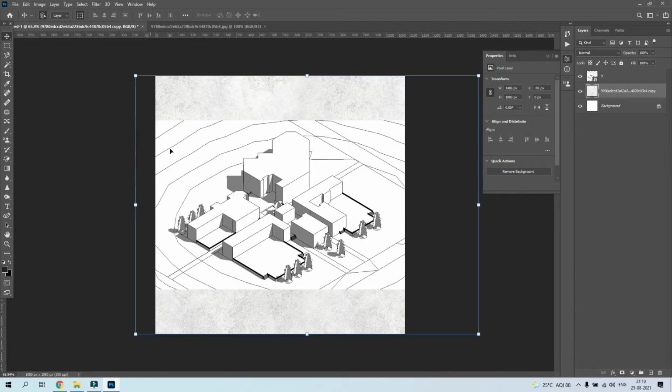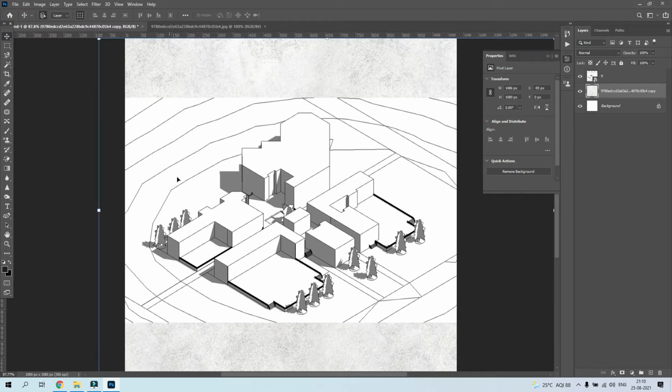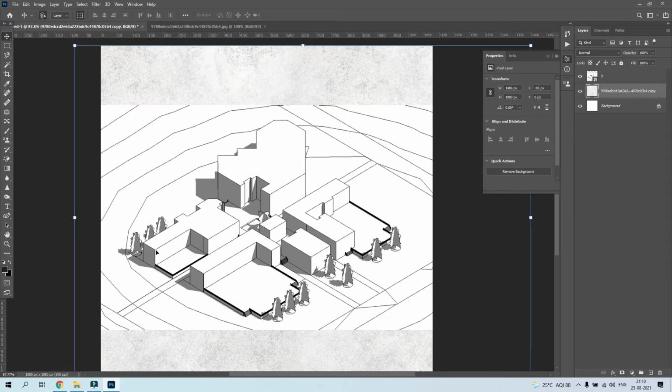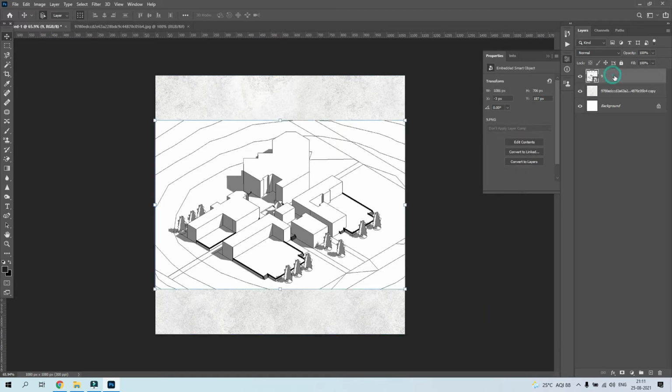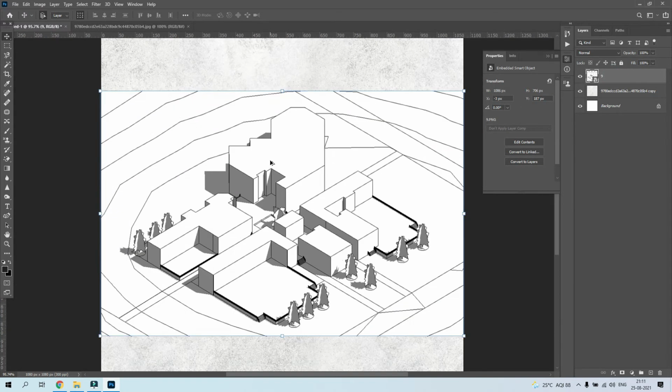So let's just go ahead and remove all these white background whatever here. So we'll only be illustrating this part of it. We'll be adding colors to only this part of it. So let's just go ahead and remove these. In order to do that, the first thing you have to do is select the image that you want to remove,